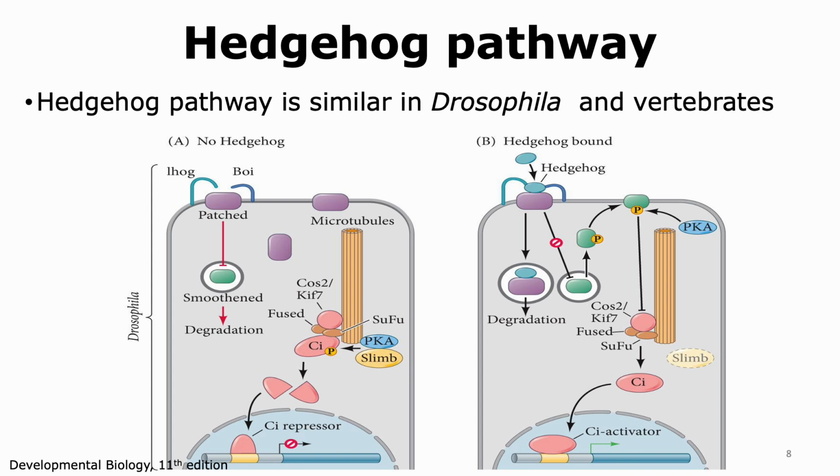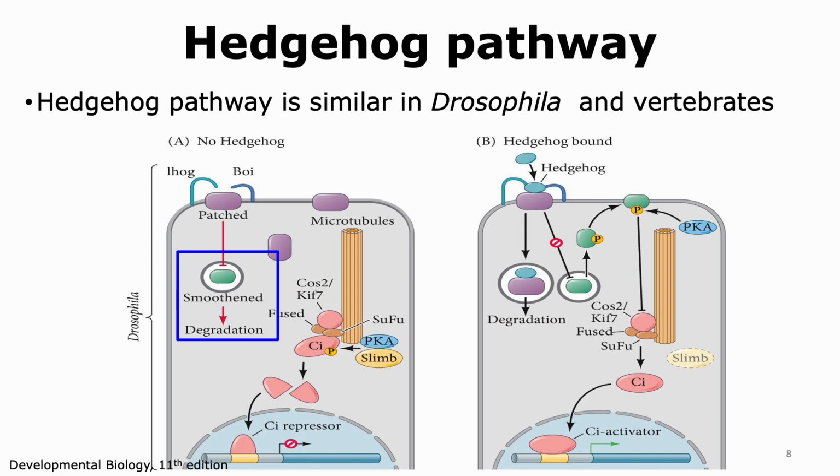Now let's look at the signaling pathway that is induced by hedgehog. The hedgehog pathway is similar in Drosophila as well as vertebrates. What we're going to look at in the figure is the hedgehog pathway in Drosophila. So in the cells, there's a receptor called patched, which is the receptor that will be binding to hedgehog. Now, in the absence of hedgehog, patched remains on the cell membrane, and it inhibits a specific protein called smoothened